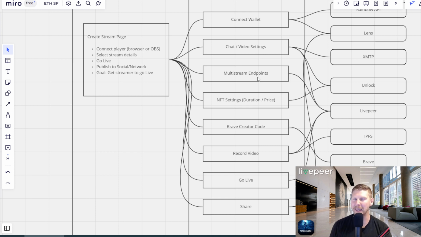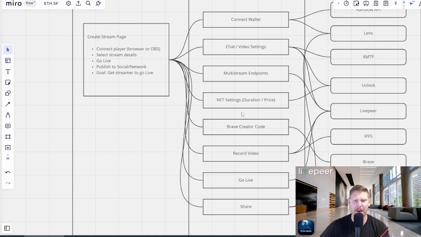So you don't want to ever leave your Web 2 platform. Otherwise, you're going to have a really hard time with adoption, I believe. So the way you do that is you embed a multi-stream function directly into the player. So you can stream into Lens and through this Lens stream platform while also restreaming everything back to Twitch, back to YouTube live video, back to where you were originally in Web 2. And that's all built right into Livepeer. Again, Livepeer is just a piece of the stack.